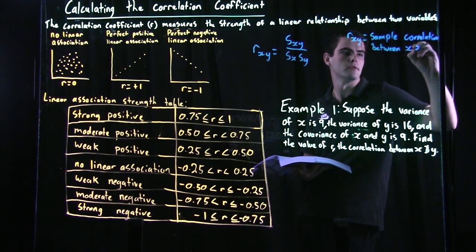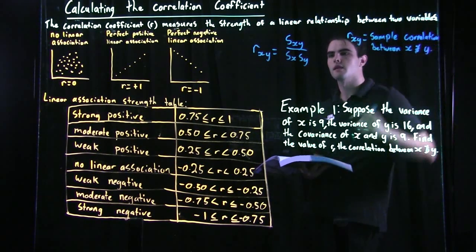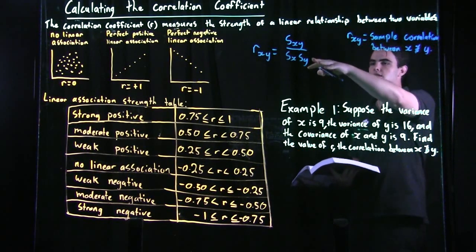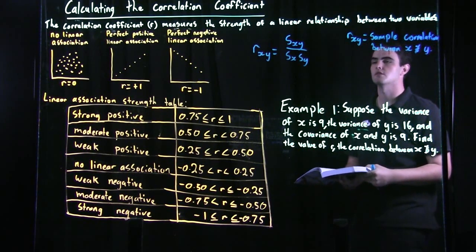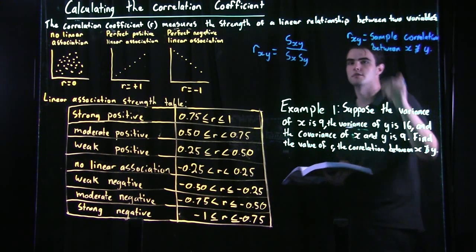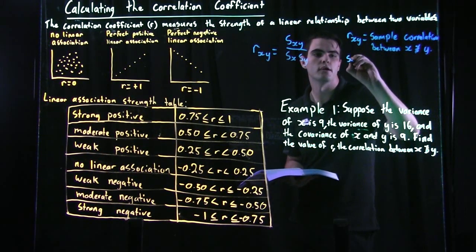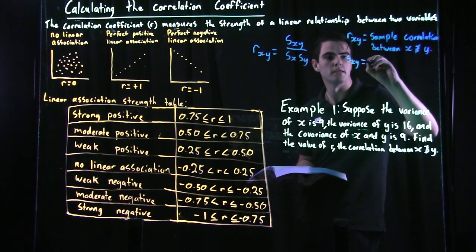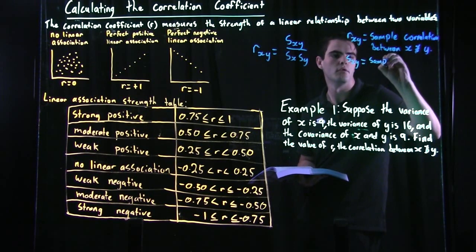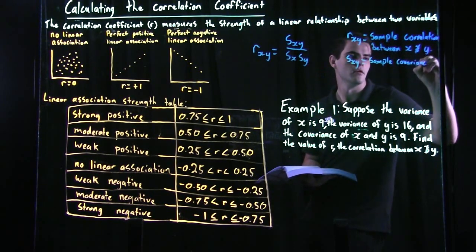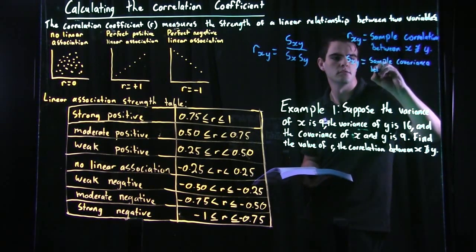x and y. The next bit we've got is a fraction, so we've got s subscript. These are all subscripts, they're not just lowercase. So s subscript xy is the sample covariance between